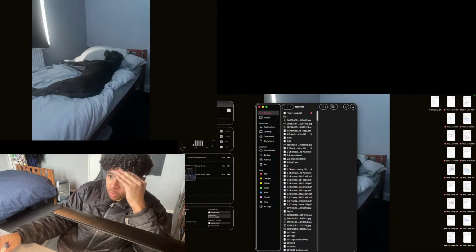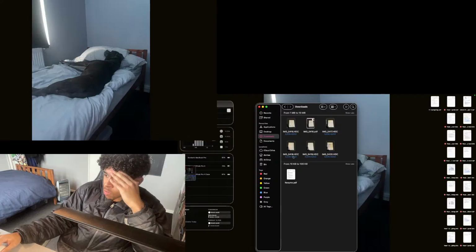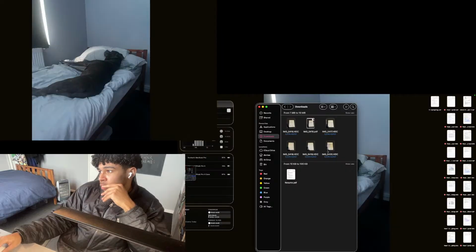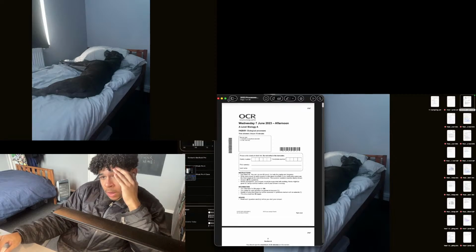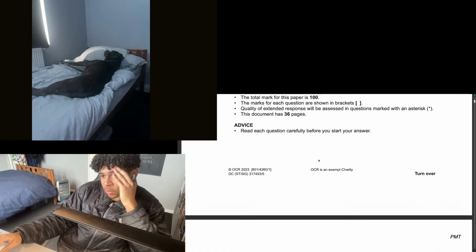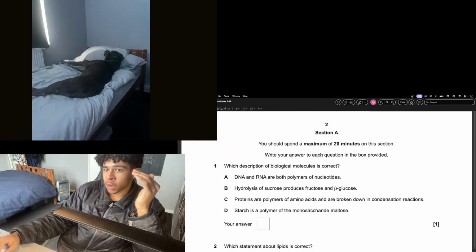So I just downloaded the paper. It's actually just disappeared. No, it's on my desktop. It's this one. I'm just gonna walk through the paper basically. I'll send it to like Mohammed or something. Single page continuous, so max. Okay, we're gonna ignore this because I'm answering them individually. And I'm not on an iPad or anything.